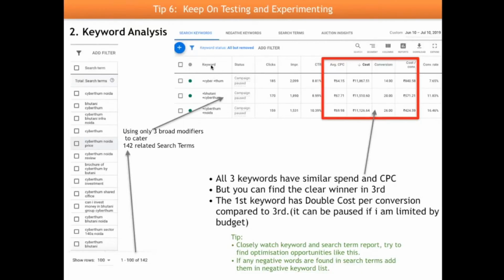Once you are in the keywords tab, if you navigate, there will be a negative keyword option, so you can click on negative keyword and add a negative keyword by clicking on plus. And if you want to see the search term report, you can click on the search term report. You can select a specific keyword if you're looking for search term queries for that specific keyword, and go ahead and get into the details. All right, so keyword analysis is the second thing that I do to optimize my campaign.